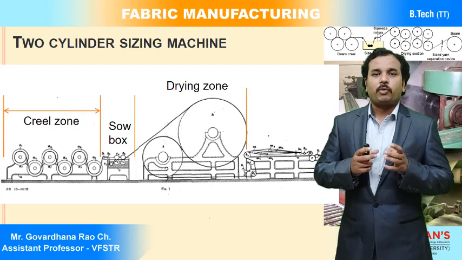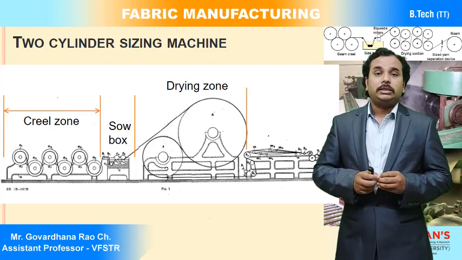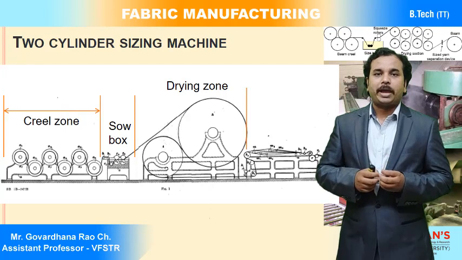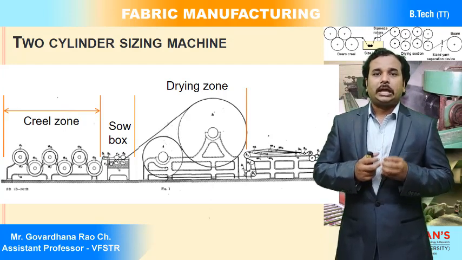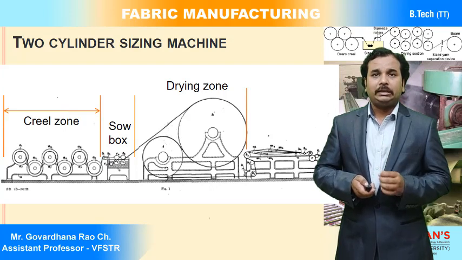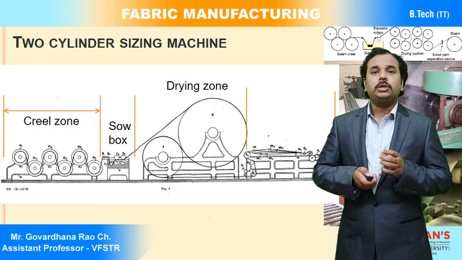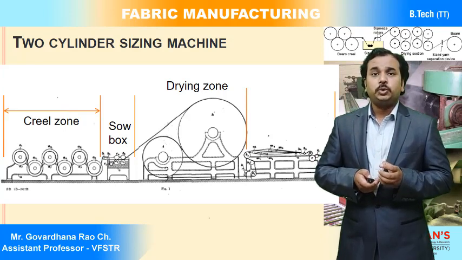Okay, so if we wind any wetness of the warp sheet into the beam, then there may be chances of damage to the warp ends by the attack of bacteria or fungal infections. So that is why we are required to dry the warp sheet after the size application. After the drying, the warp sheet is going to be wound into the beam. Finally, we are going to get the sized weaver's beam